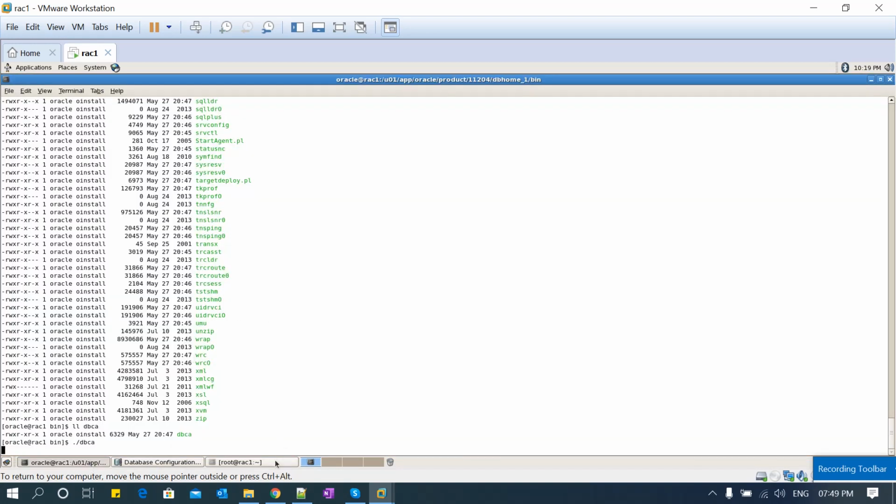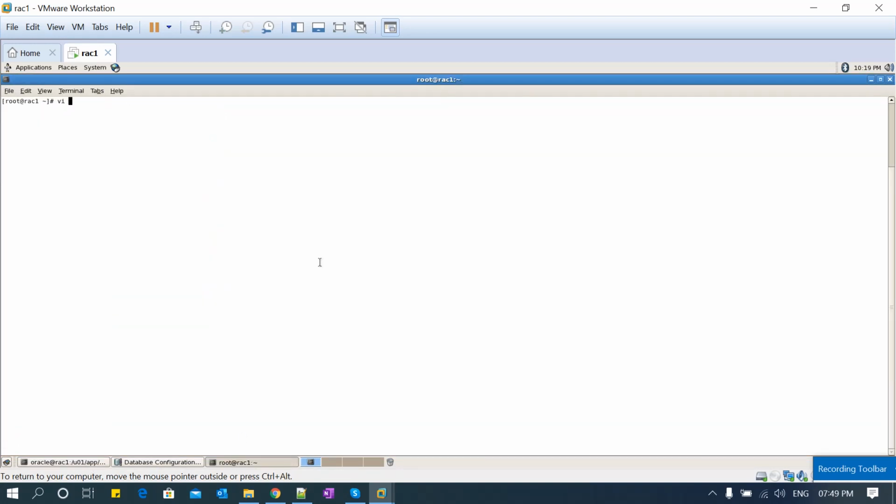So for that, what I'll do, I have to edit fstab. Where is /dev/shm? Go to /dev/shm, and then it has a default value. Once again, /dev/shm, comma, I'll mention the size as 2G.